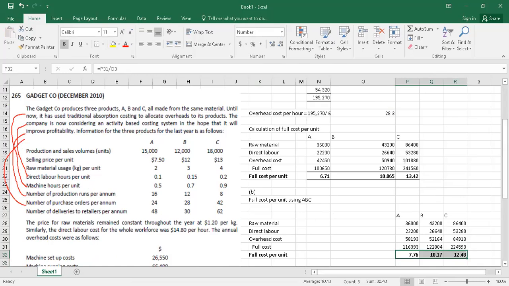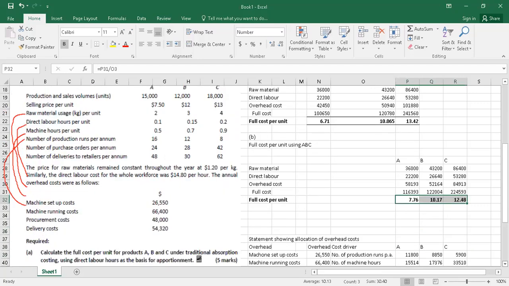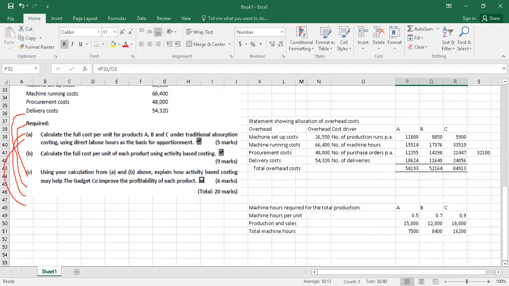So 7.76, 10.17, 12.48. A and B, two bits we have done. Third one,